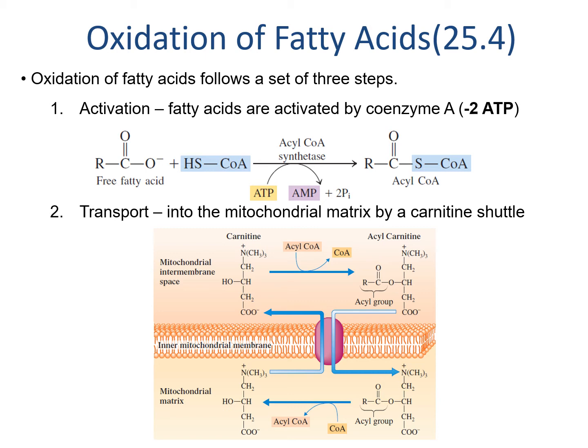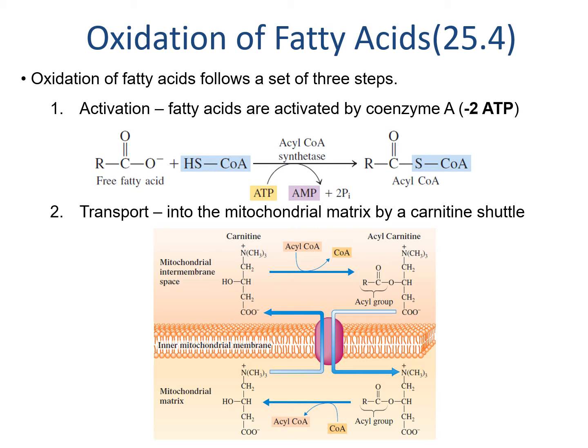ATP is hydrolyzed all the way to AMP, that's adenosine triphosphate going to monophosphate, to give us the energy to attach a fatty acid to coenzyme A. Notice 2 things about this step. The first is that ATP is degraded all the way to AMP, which is equivalent of spending 2 ATPs, not just 1. The other is that the acyl CoA that is formed is essentially just a longer acetyl CoA. Acetyl CoA is just an acyl CoA with specifically 2 carbons.